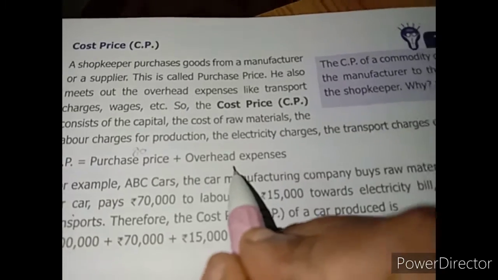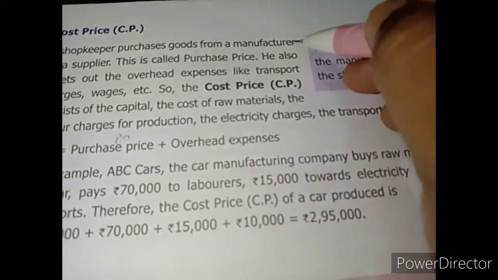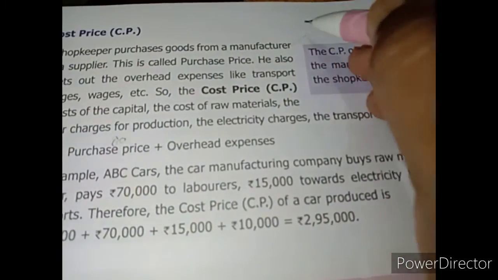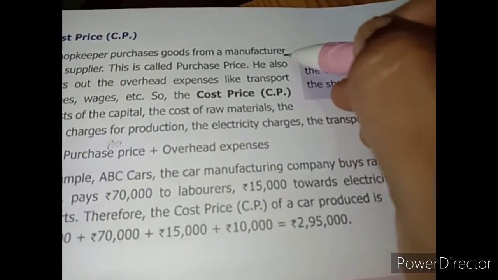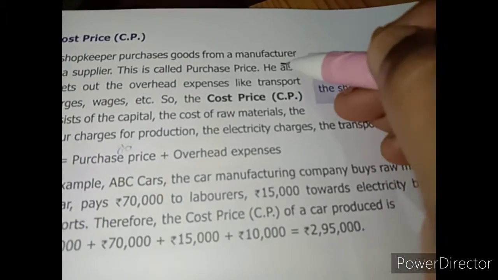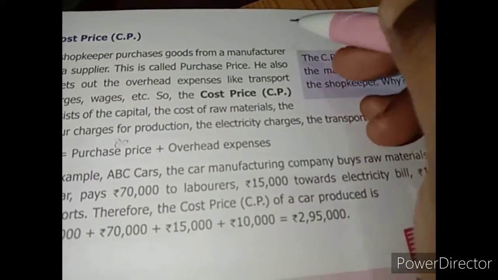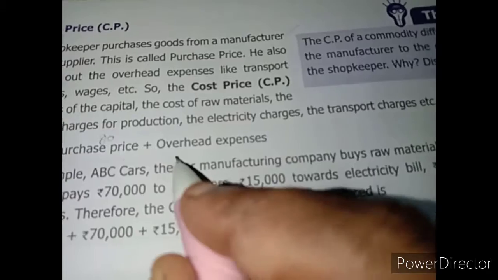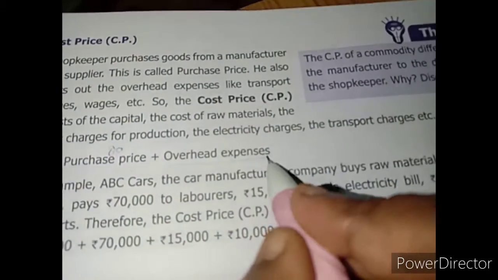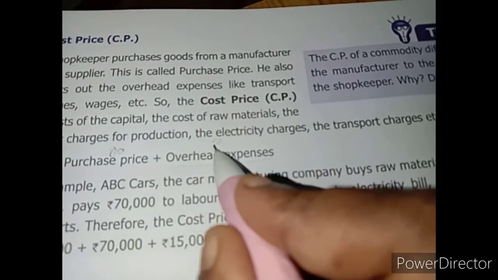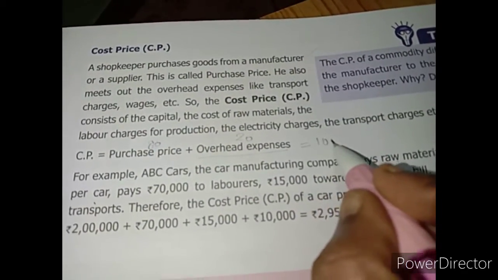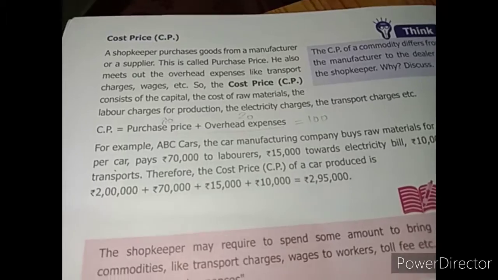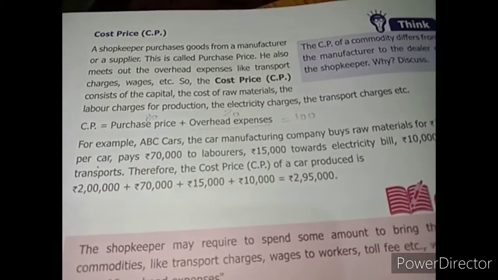overhead expenses is nothing but, I am going to this manufacturer and collecting this, so going there, I will be spending some money for travel. For everything I used to spend, that will be called overhead expense. So for that, I am keeping 20 rupees. So what is the cost price? The cost price of the product is 100. So I'm going to keep this one as 100. So this is called cost price.